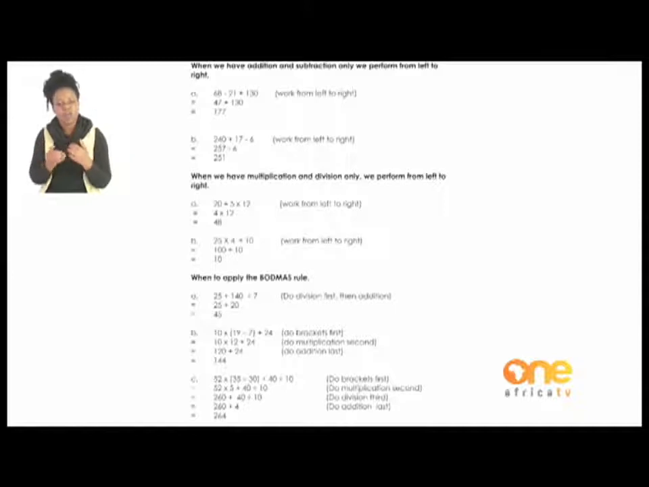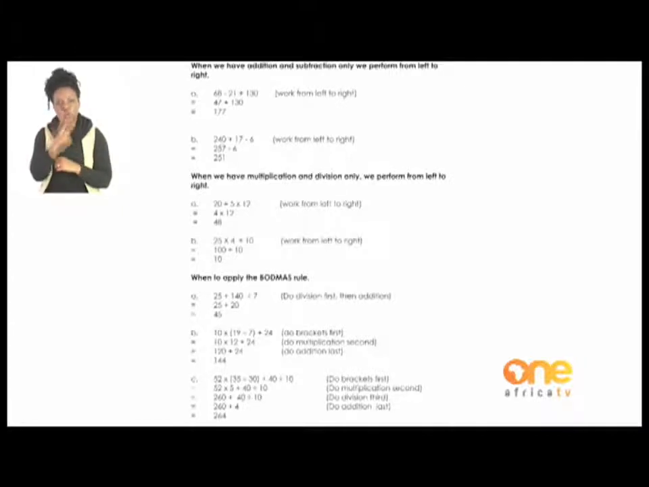Now we're going to do the multiplication part. 52 times 5, and that is equal to 260 plus 40 divided by 10. Now I'm left with an addition, and I'm left with a division. According to BODMAS, I must do the division part first. So equals 260, and then 40 divided by 10 equals 4. So I'm left with 260 plus 4. And now I do my addition sum last, and that is equal to